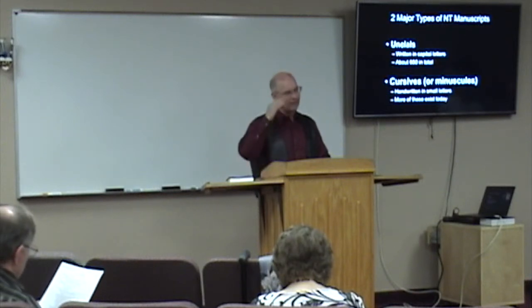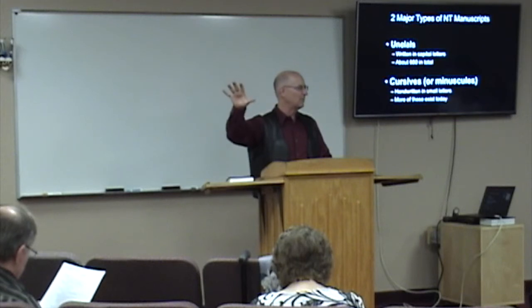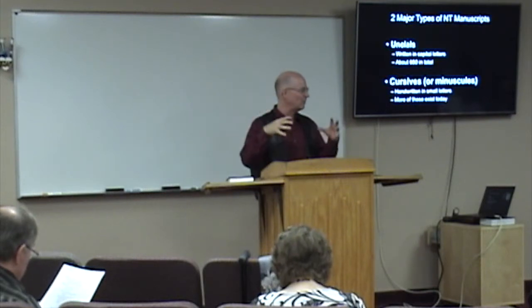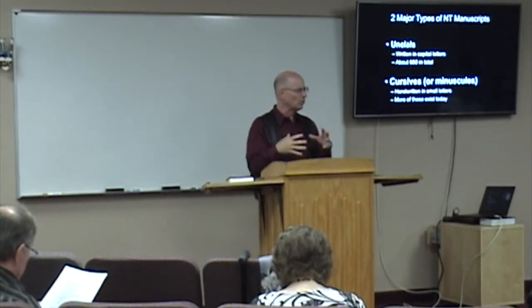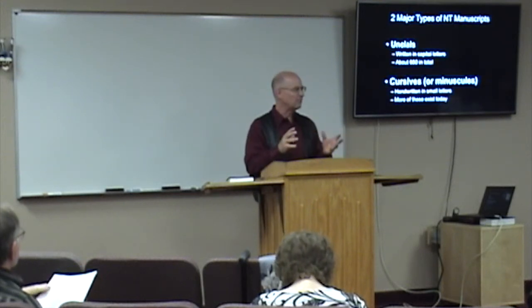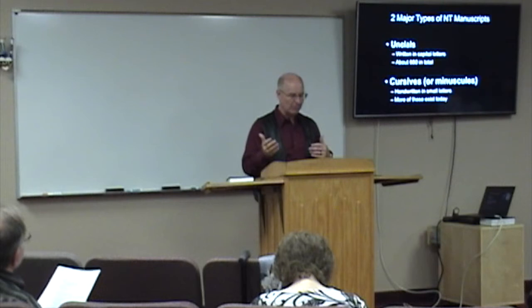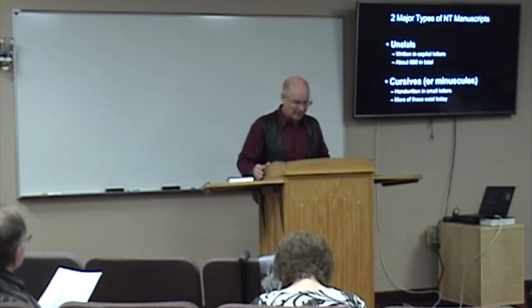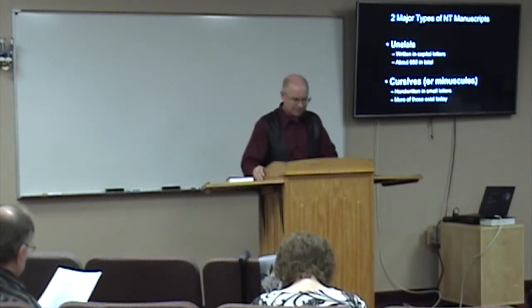So we have to be kind of looking forward. We're kind of foreshadowing here. There's going to be a whole effort come a few hundred years from now to figure out how do these compile, what goes in, what gets left out, what order should they be in, how do we categorize them. All that kind of work has to be done because these are fragmented works, right? These are fragmented books in fragments. So about 5,300 total of both types.